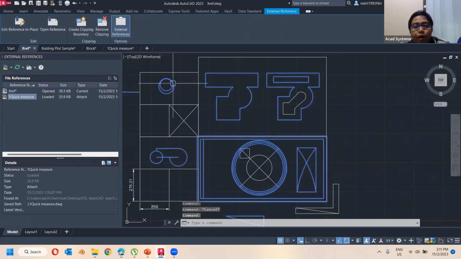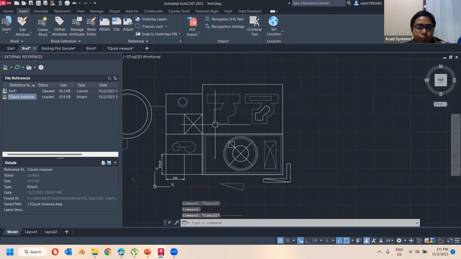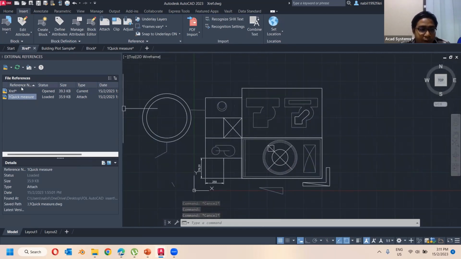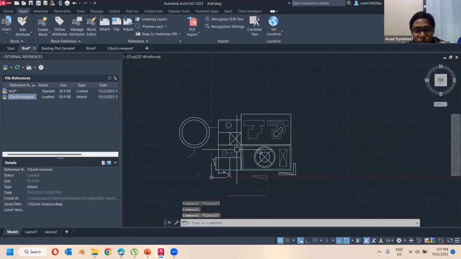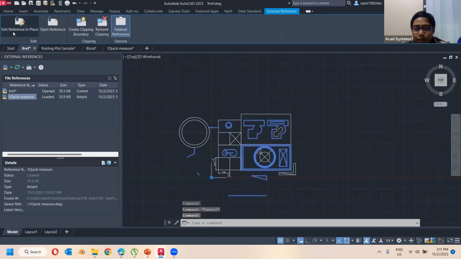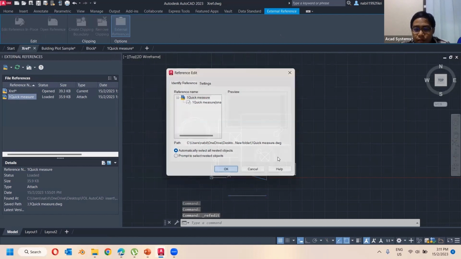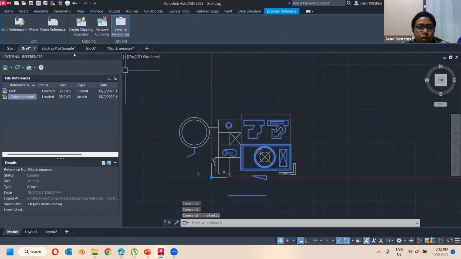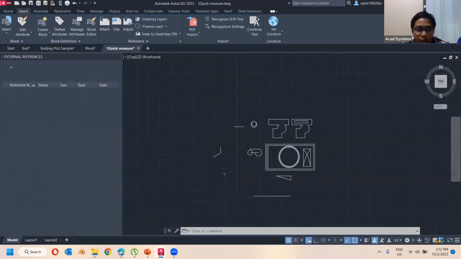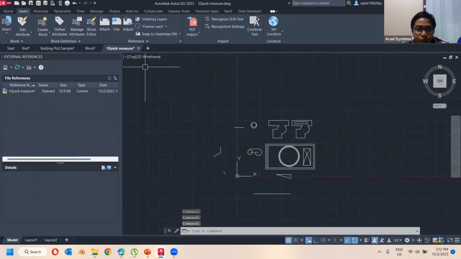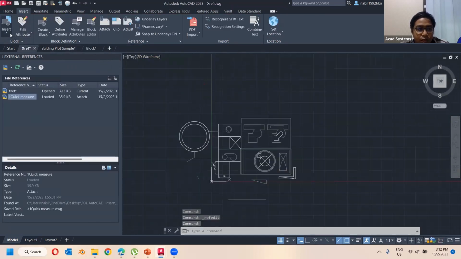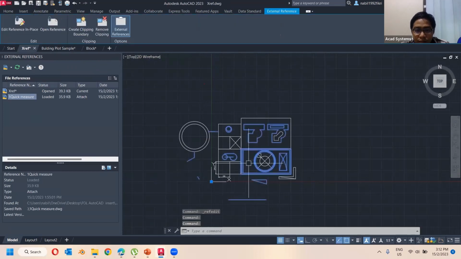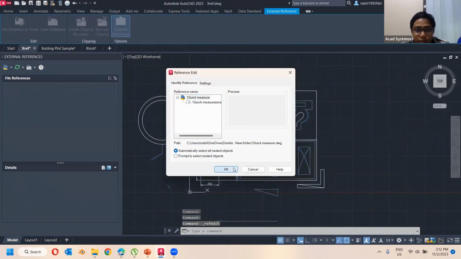Right. So from here, let's say I already inserted it as an external reference. If I click over here, this is not part of my drawings. If I would like to bring some of these items into my X reference drawings, one item from the quick measure reference over here, I would like to bring this icon over here. So I can click over here and edit the reference in place, which allows me to edit this drawing if I want. I cannot edit this drawing right now because I currently have this drawing file open, so I need to close this one first. Let me just close this,